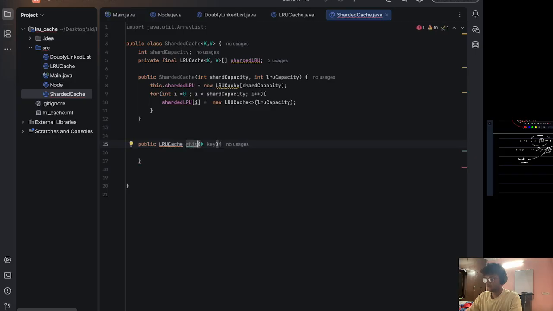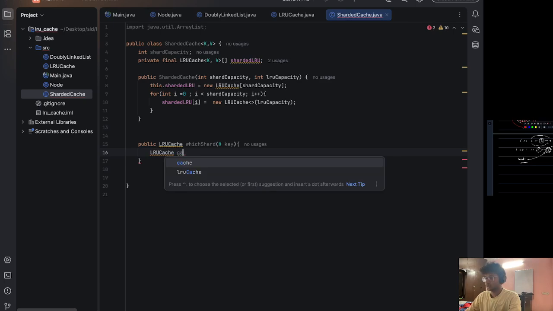Here we're simply going to hash the key, mod it by the number of shards that we have, and then return that particular shard. So we can just say LRU cache of sharded cache equals